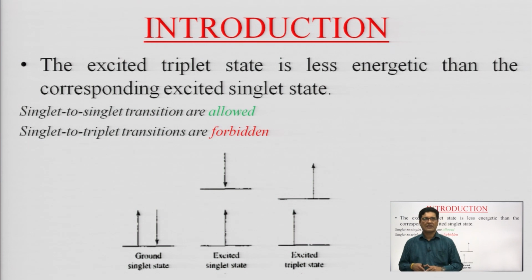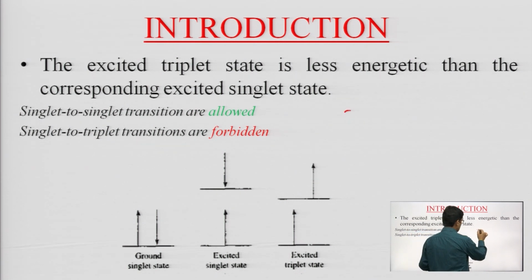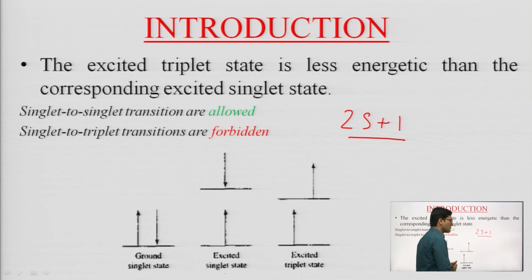The excited triplet state generally has less energy as compared to the corresponding singlet state. One thing you should always keep in mind is that singlet to singlet transitions are always allowed, whereas singlet to triplet transitions, that means from the ground state to the excited triplet state, are forbidden and not allowed. This can be understood with the help of the spin multiplicity rule, which says 2S plus 1,